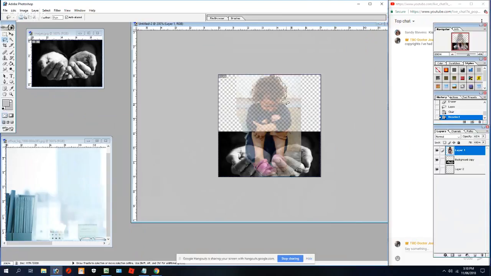All I want to do is just try and take away the background. And I'll get as close to her as I can, but I don't want to go right in. Control D again, and that gets rid of that. And see the background's disappearing? Do the same thing here on this side.